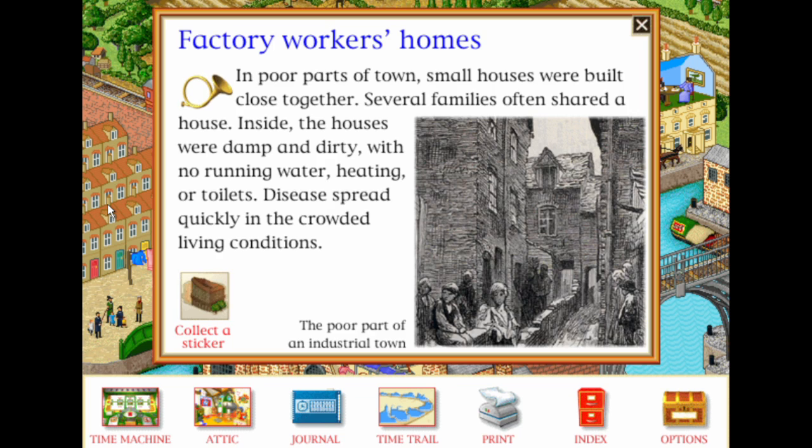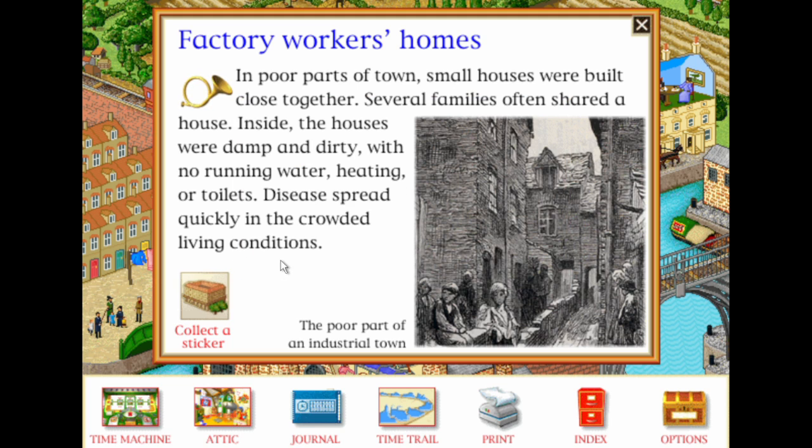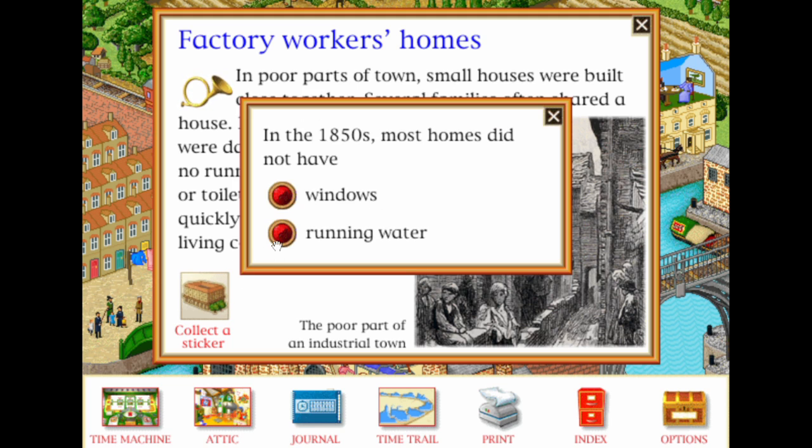Factory workers' homes. In poor parts of town, small houses were built close together. In the 1850s, most homes